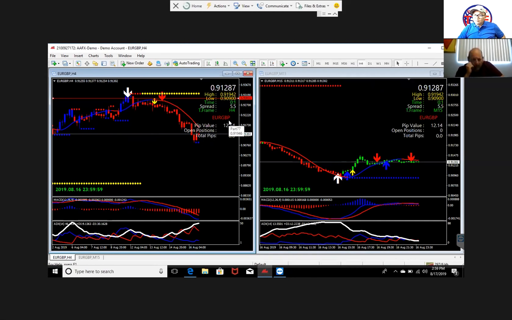Gotcha. So if I'm doing the Stairmaster on the 4 hour, just to clarify, this is going down. The second stair is going to be approximately here. That's when I would be entering that trade for the Stairmaster. And what color is that going to be? That color will be blue. You mean the dots? Yes. The dots will be blue for my purposes for buy. No, but it would be continuing the down. It would be red. Yes. Right. So I would wait till the red dot shows, and that would constitute the pullback on the 4 hour, and then I would enter on the lower time frame.